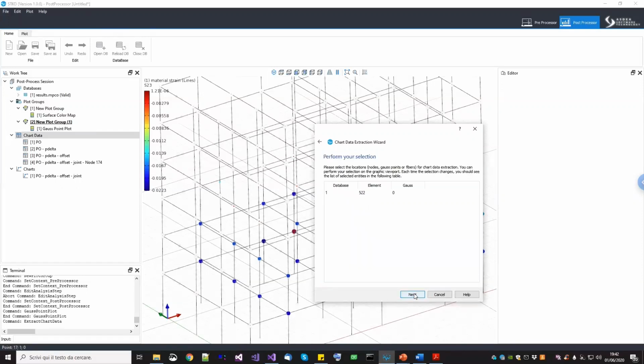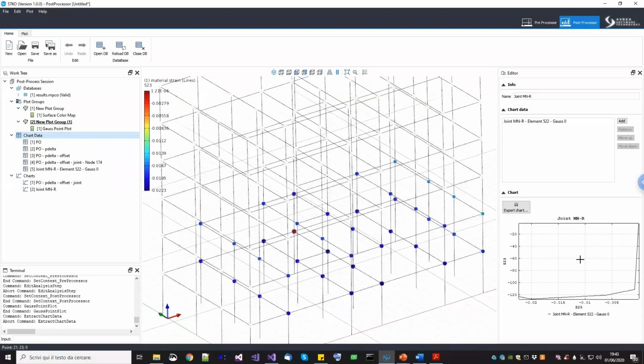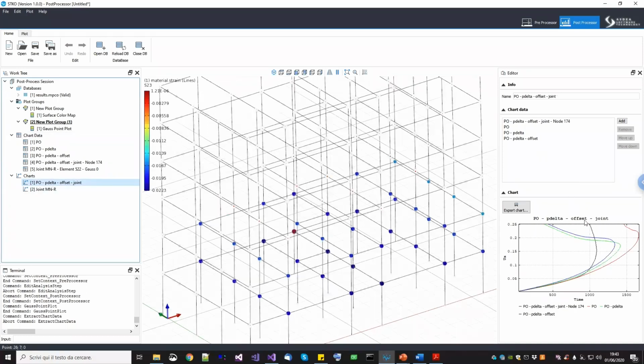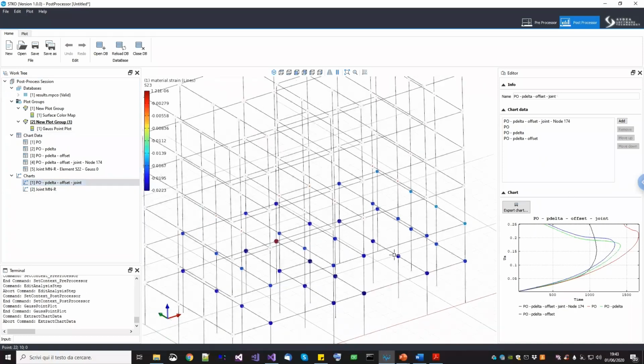Next. So Gauss point 0, as you can see here, Gauss point 0 of element, this one is a zero length element of the first database. Next, and then we can call it joint moment rotation. Finish, and this one is our model, okay? So the first stage in hardening, then it just started a little bit of softening. So probably we can push it even more to see some softening here, but it is fine for the sake of, for the aim